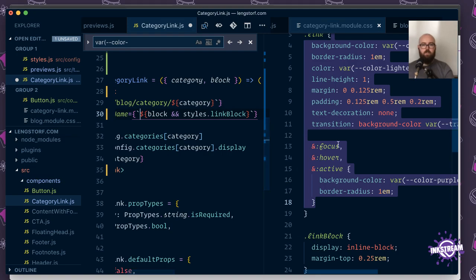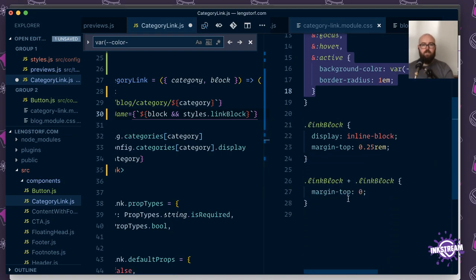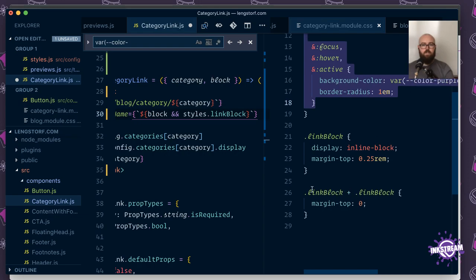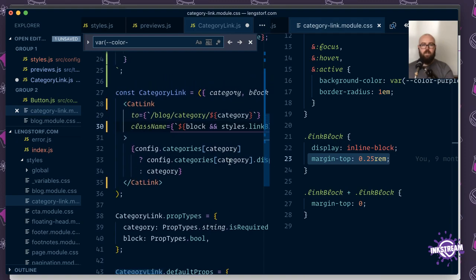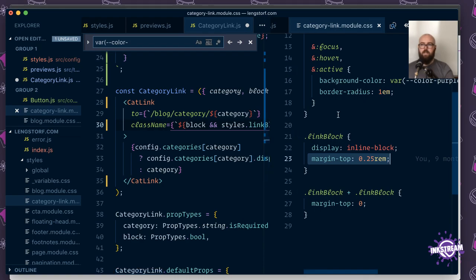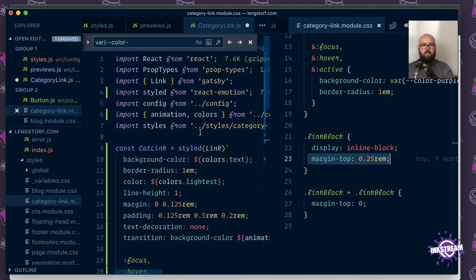And then for the link block, what I'm going to do, ooh, this will be fun. So this is kind of a take on the lobotomized owl selector, where I want the first category to have a margin top of 25 REM, but any subsequent ones shouldn't, which means they'll kind of butt up on each other, which is, I think I know why I did that. So, just to keep the layout nice and tight,